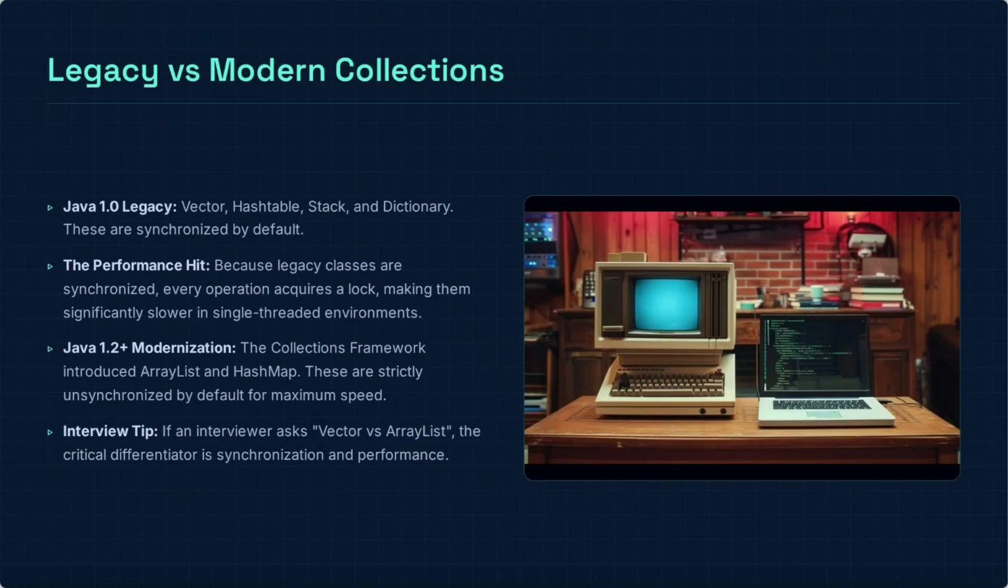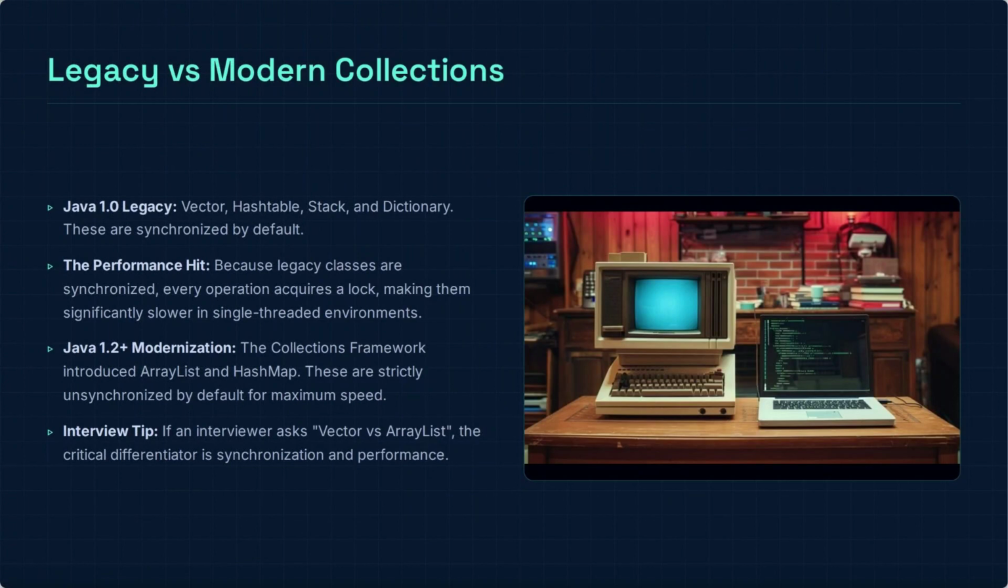It's important to understand the difference between legacy and modern collections. Java 1.0 introduced legacy classes like Vector, Hashtable, Stack, and Dictionary, which are synchronized by default. Because these classes are synchronized, every operation acquires a lock, which results in a performance hit, making them significantly slower